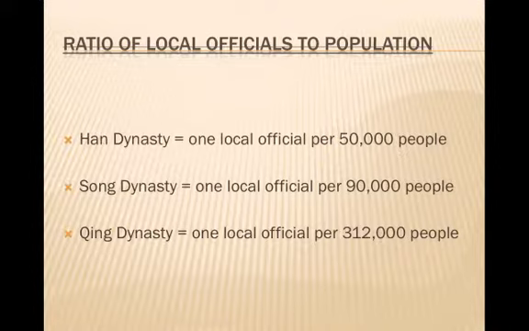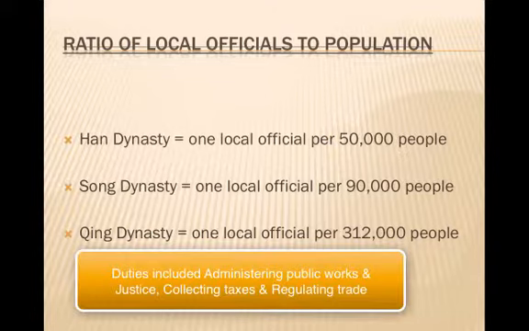And keep in mind that the role of the scholar official was limited to a few key tasks, but still they were significant. The official had to administer the water or public works, that is, they had to oversee the regulation of the rivers and irrigation systems to make sure they worked properly. They served as the judge and prosecutor on behalf of the emperor. They had to collect taxes and in some cases oversee the regulation of trade in some of the marketplaces, usually the main town of the county.